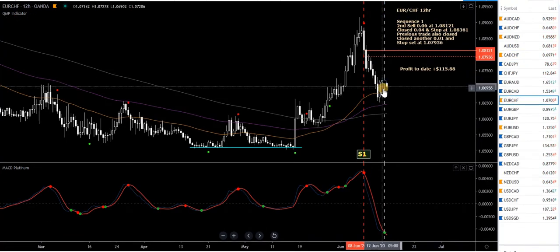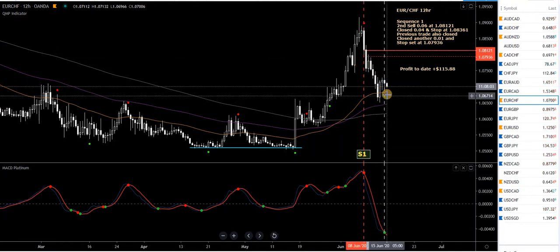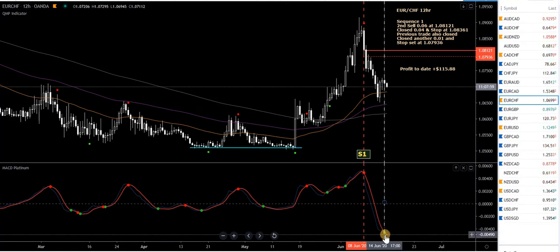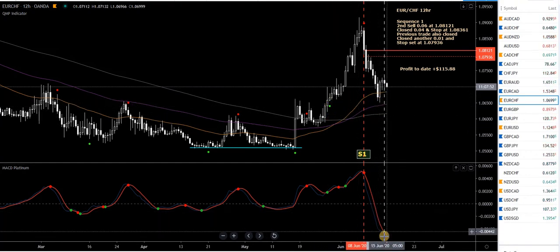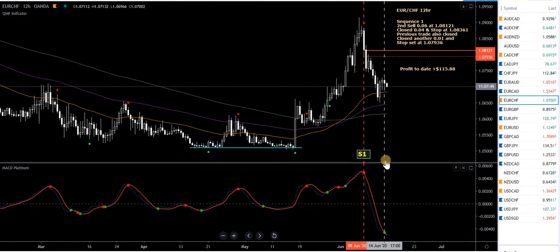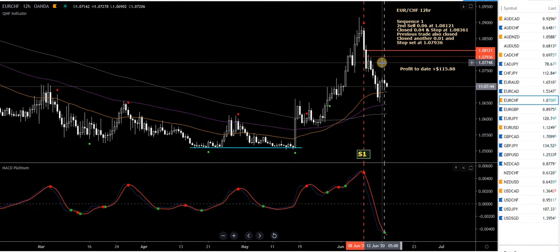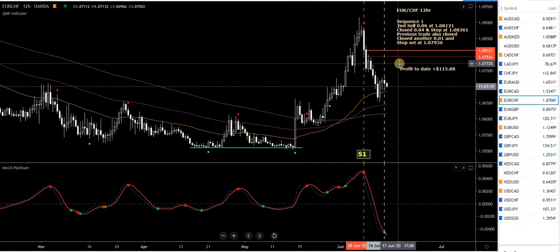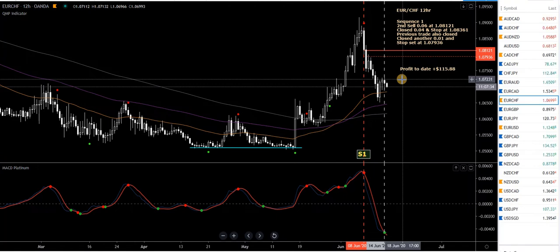Euro Swiss, I'm in a sell from back up here. A grey vertical line is just a warning signal. I've got a green dot on the MACD Platinum below the zero level, which means I'm now looking to buy. There's no confirming green QMP filter dot, which means the QQE has not crossed yet. So until that happens, all I'm doing is taking some action. In this case, I closed another 0.01 and moved my stop down to lock in profit there. That gave me a profit of